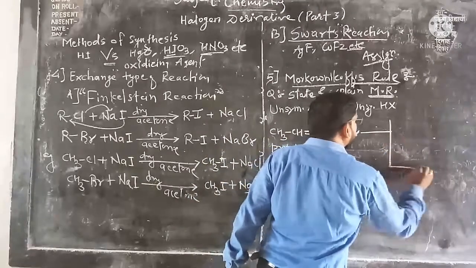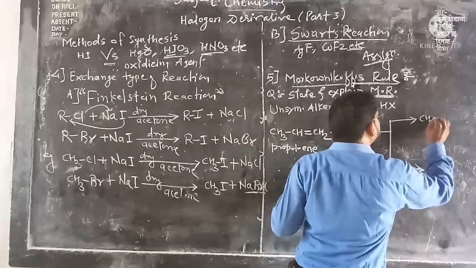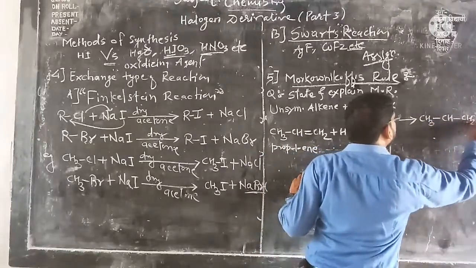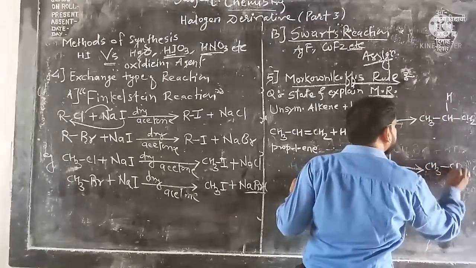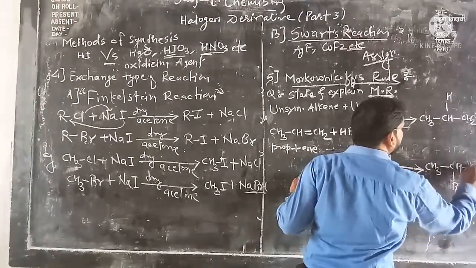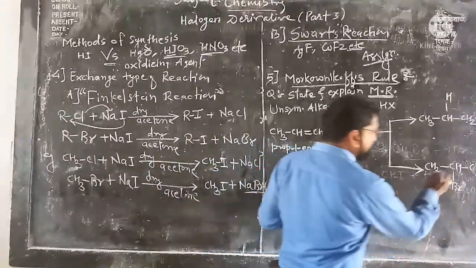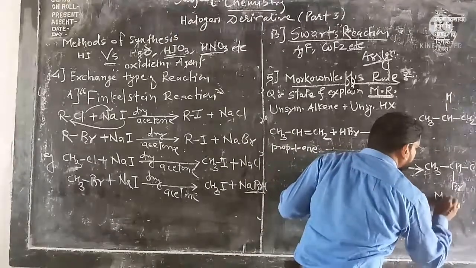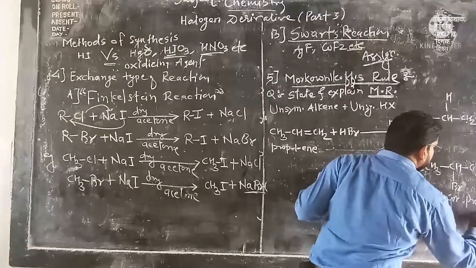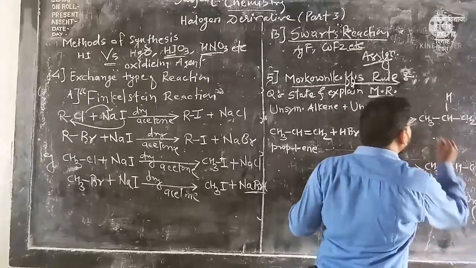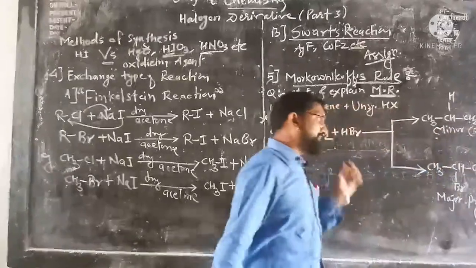Now what happens, see here, 2 products are possible here. I am directly writing CH3 CH2 CH2 Br and here H. Okay, CH3 CHBr CH3. Now these are the 2 possible products. Now what happened, this product is found to be the major product, that is 80% in nature. And this is found to be the minor product, 20%.